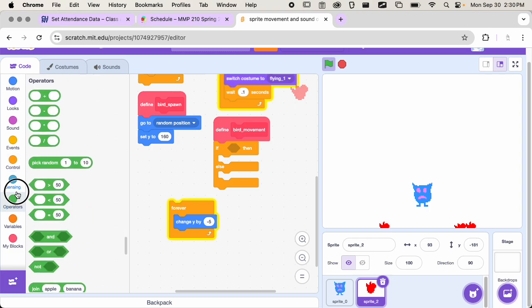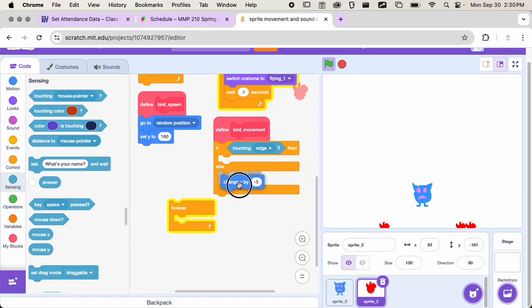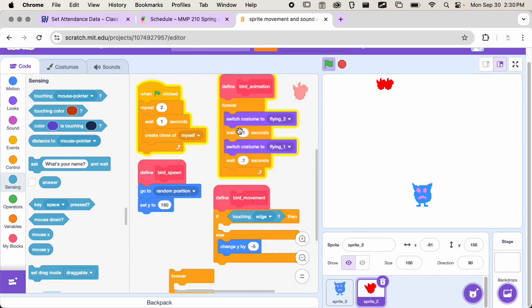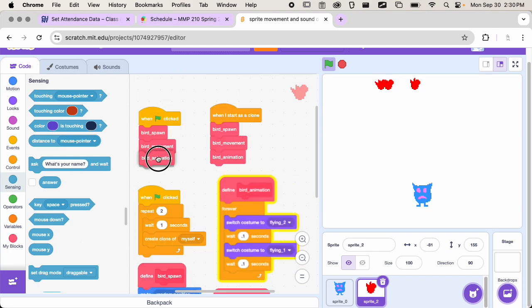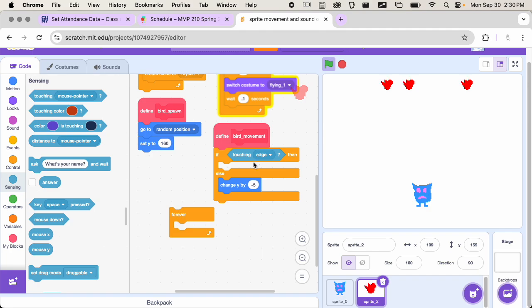Again, there's not one way to do this. There's lots of different ways to do it, so you may have other approaches. So let's say if we're hitting the edge, we're going to reset, else we're going to change by y. That might solve our problem. So let's move, we're still getting blocked by